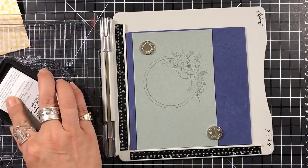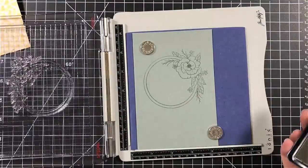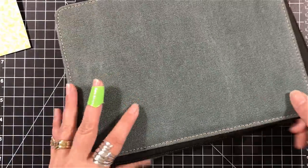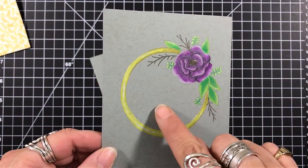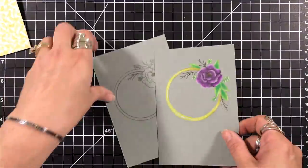So I'm stamping my first image and I'm using the Barely Beige from Simon Says. I use this a lot. Yeah, I got a boo-boo. I do use that ink a lot along with their fog ink because when I do colored pencils, it is normally a no-line coloring. So through the magic of time, I actually already have this image colored,